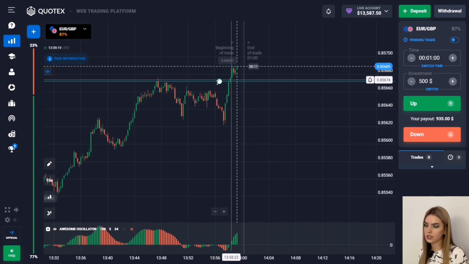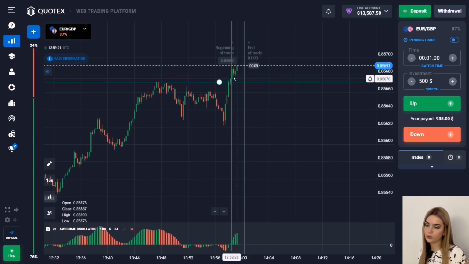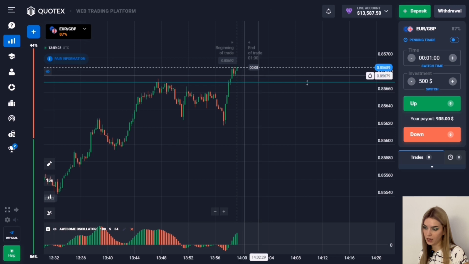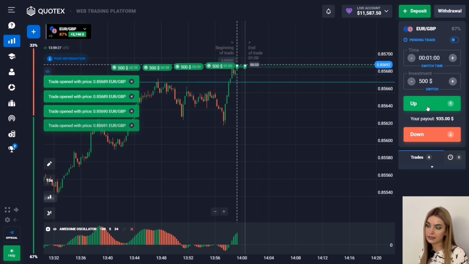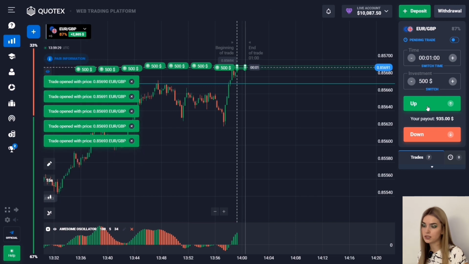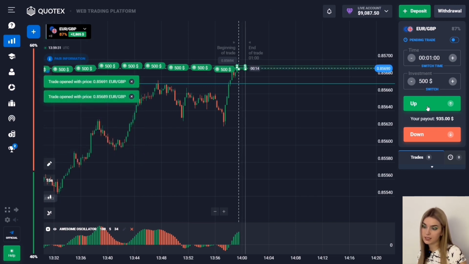Here we have a resistance level. We also see that the price has broken through this level and is moving up. We will open a deal, guys, with you here for 1 minute to go up. I think that in the near future the price will still move up because the price has an excellent potential